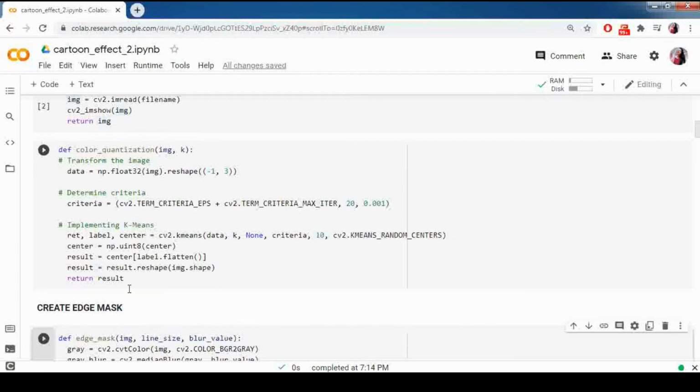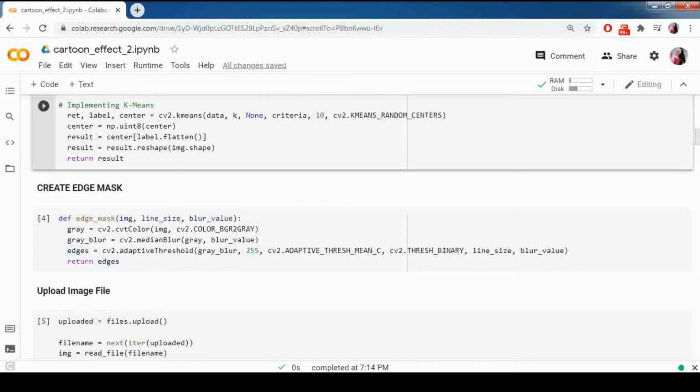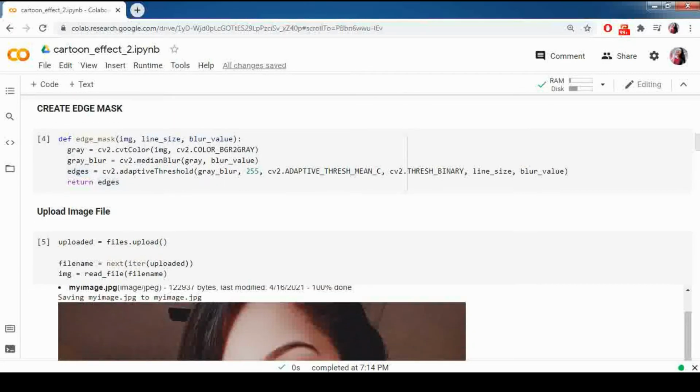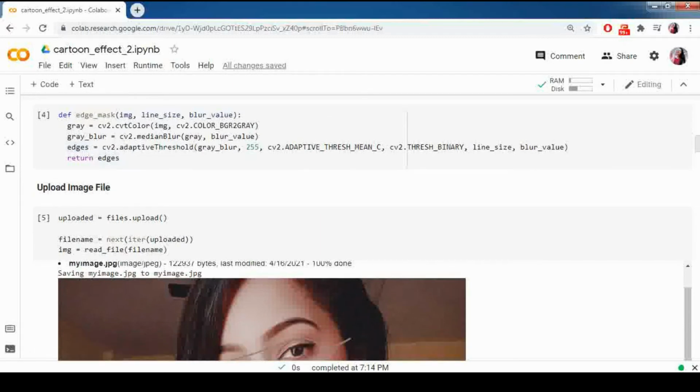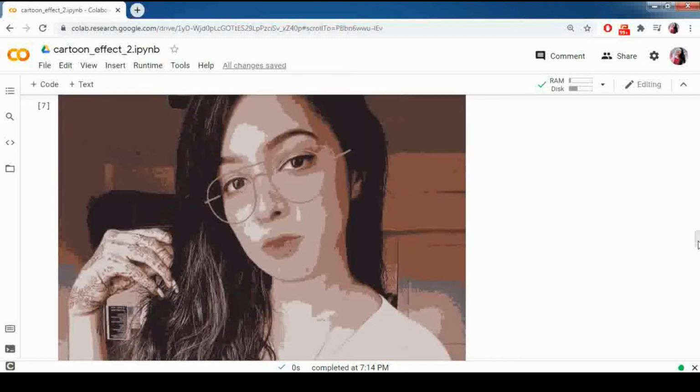The main difference between photo and drawing in terms of color is the number of distinct colors in each of them. A drawing has fewer color than a photo, therefore use color quantization to reduce the number of colors in the photo. Now to do color quantization, we apply the k-means clustering algorithm which is provided by OpenCV library.